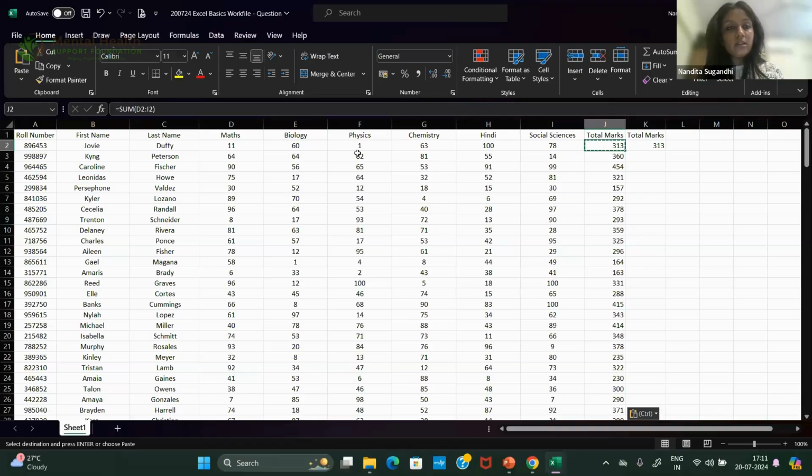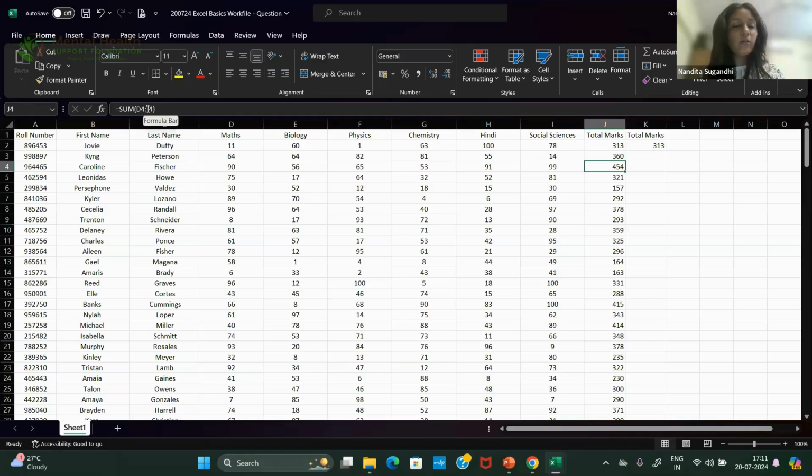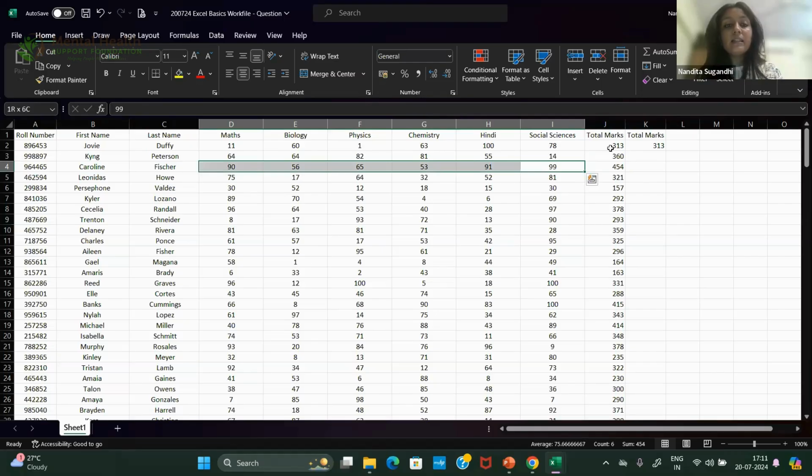Now, one thing to notice here is this is D2:I2 because it is in row number 2. The next one would be D3:I3 because it is row number 3. The next one is in row 4, D4:I4, and so on. So this is called a dynamic reference because when I am moving the position of my formula cell, it is also moving the position of the reference or the argument which has gone into the parenthesis, right?